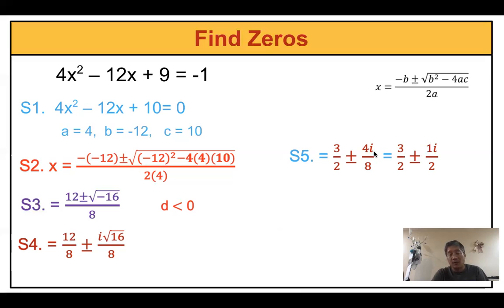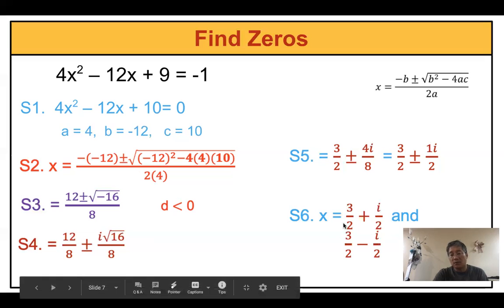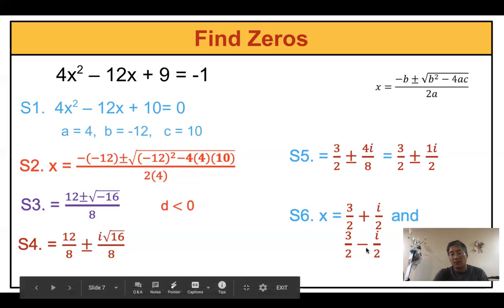Instead of x4. 4i over 8, simplify again, 4 and 8 becomes 1 over 2. 1i is the same as i, right? And then you can separate into two parts, plus or minus, like this. So you have two solutions, 3 over 2 plus i over 2, and another one 3 over 2 minus i